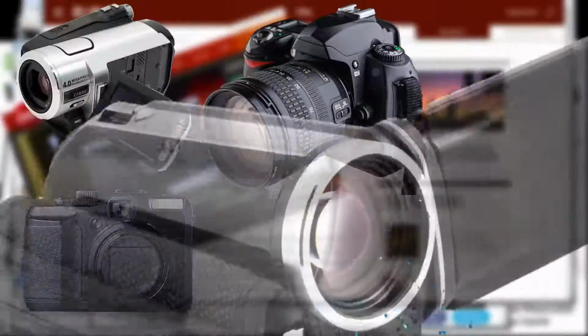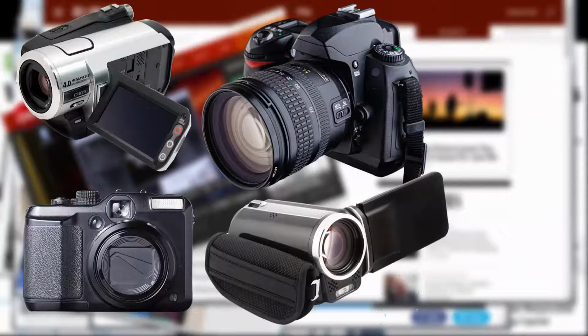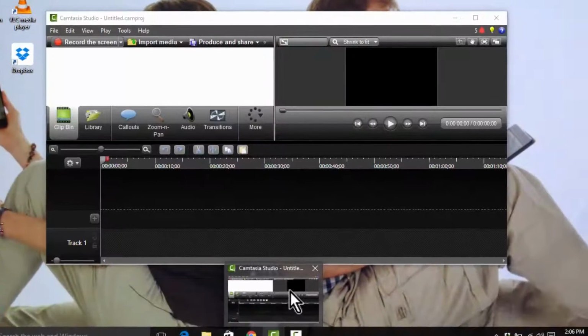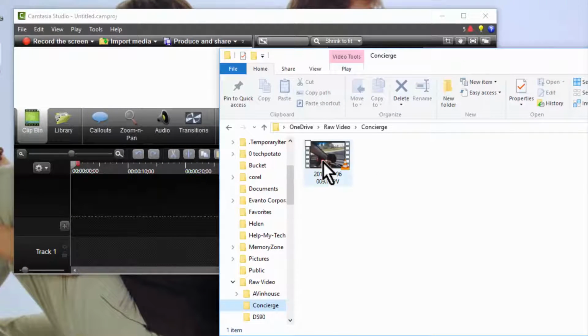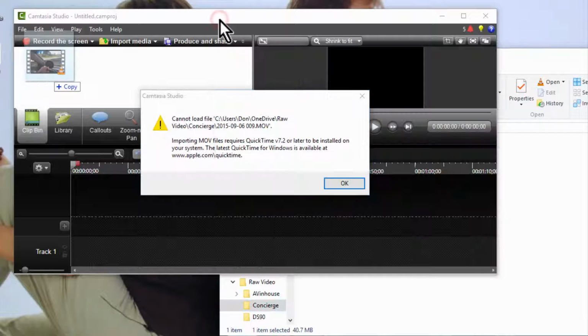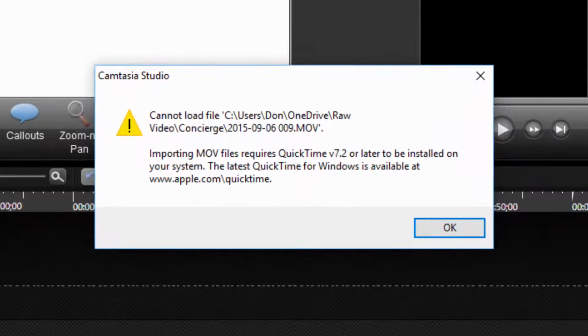Is QuickTime actually dead? What about our cameras, video recorders, and other devices that need QuickTime in order to be able to function? In fact, if you're trying to edit videos and you try to handle certain web formats, it can't even work without giving you an error message.